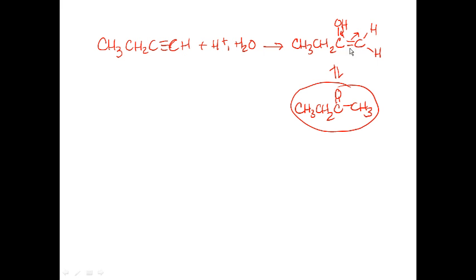Now, when you're doing hydration on symmetrical alkynes, it's a piece of cake, because we just simply would say, okay, I'm going to add my H plus H2O, Markovnikov, but both of the carbons involved in a triple bond have 0 hydrogens. Since this is a symmetrical alkyne, it doesn't matter where I put the H and the OH. So I might say, okay, I'll just put the H here, put the OH here,